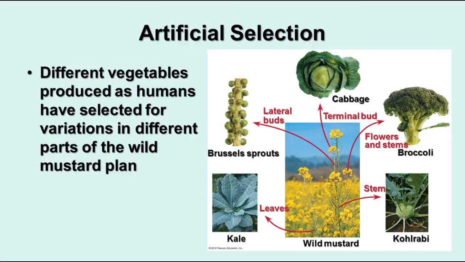This is something that we do by what we choose. All of these different plants that you can eat, broccoli and kale and Brussels sprouts and cabbage, kohlrabi, all come from the wild mustard. They're variants of the wild mustard plant. But because people have selected for different variations, we have all these different varieties of food from the same ancestral plant. They're all strongly interrelated, but this one was selected for the leaves, this one for the buds, this one for the flowers, to produce different kinds of products in the end.